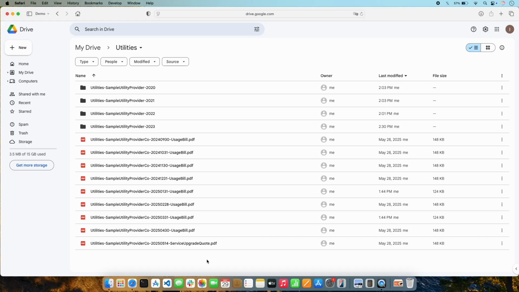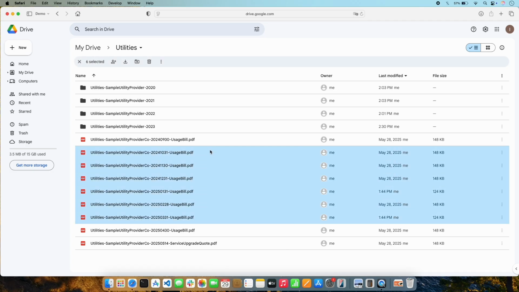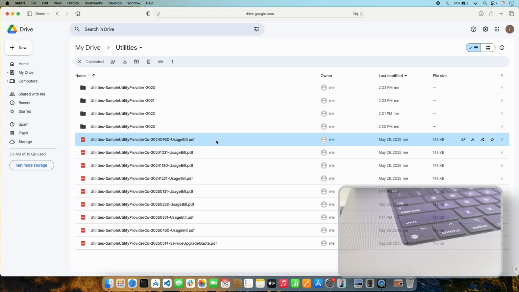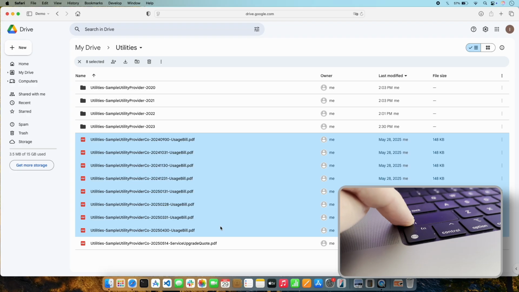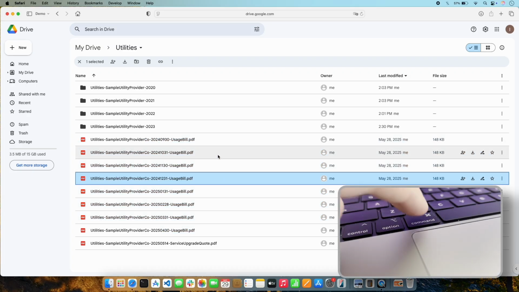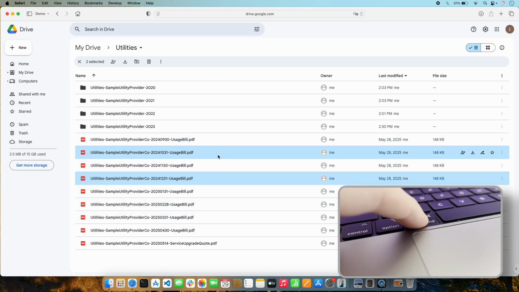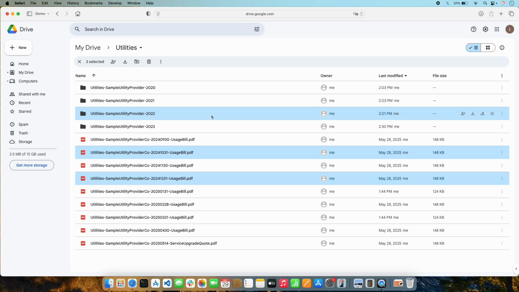Multiple files can be selected for download by dragging the cursor to select a range of files in consecutive rows. Another way to select a range of files is to select the first file in a desired range, hold the Shift key, then select the last file in a desired range before releasing the Shift key. Finally, for even greater flexibility, multiple individual files can be selected by holding the Command key while selecting each desired file. Note that when selecting files for download, it's even possible to include folders in the selection.